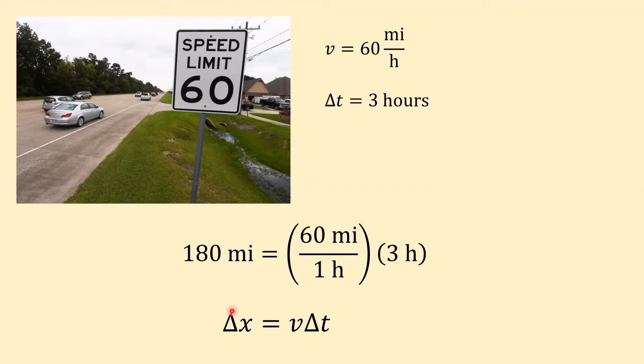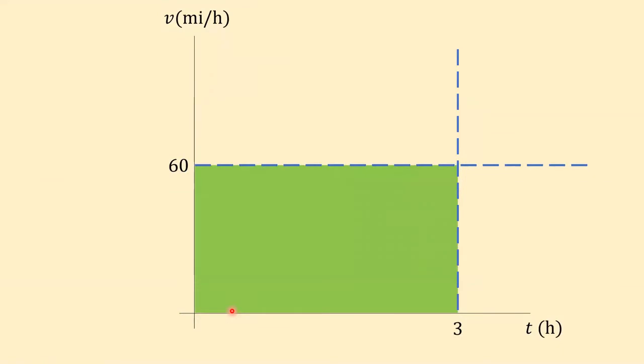So you're familiar with this. You've known this formula for a long time. You probably saw problems in high school math where you had to use distance equals rate times time. But let's try to interpret that graphically. So here's a graph, a plot of velocity versus time. The vertical axis is velocity. And since you're driving at a constant speed, your velocity graphically is just that horizontal line. And this graph here is not going to be to scale. And notice it's okay to just put the number 60 here if you've specified your units up top. It's understood that any numbers on this side are speeds in miles per hour. Same thing over here. I've already specified that the time is expressed in hours, so I could just put the